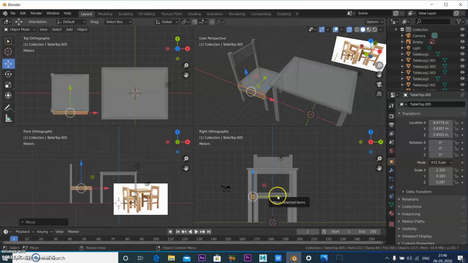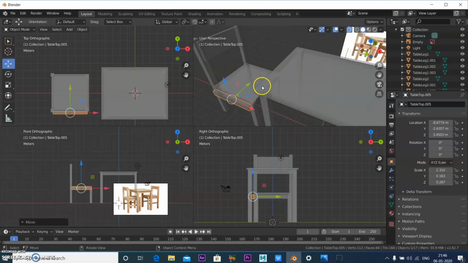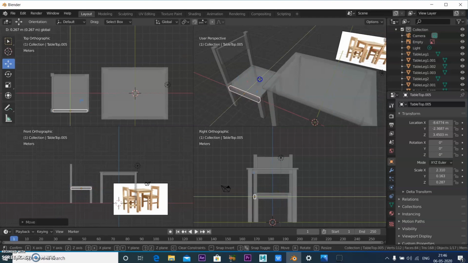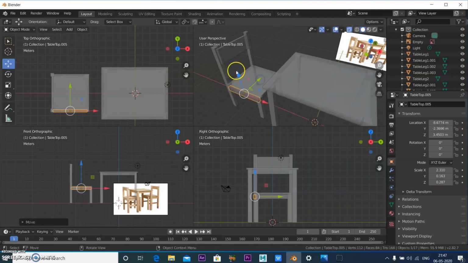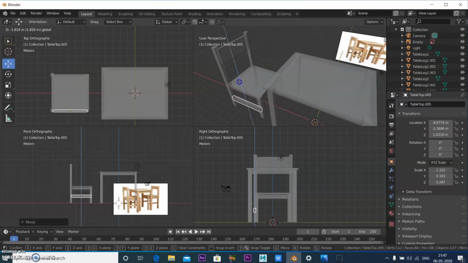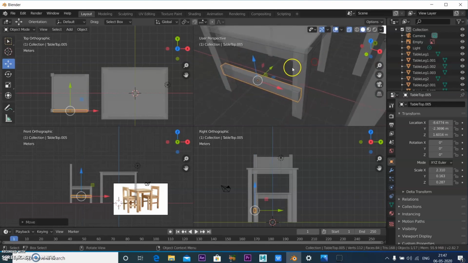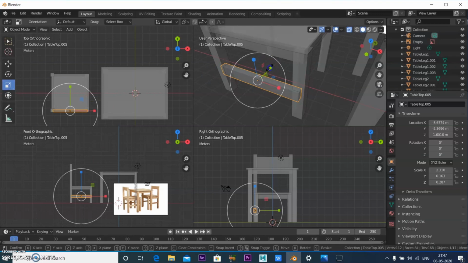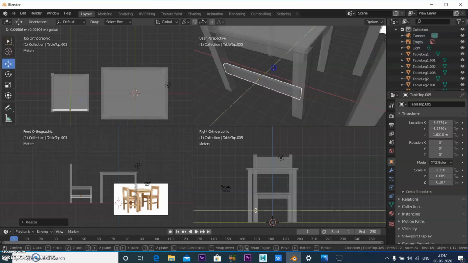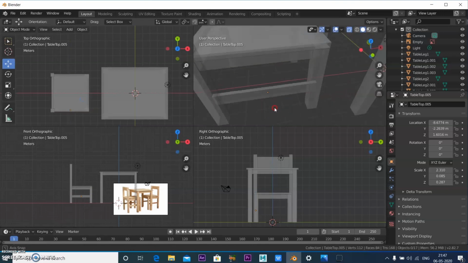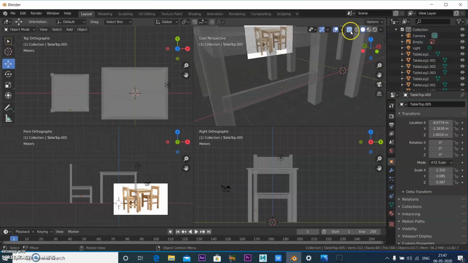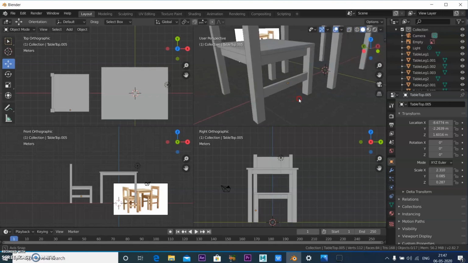Then go to different views. You have to keep going between these two different views. I come over here and bring this down. Okay, the scale I just reduce a bit. So let's reduce the scale of this, and then push it inside. So now it is fine. Yes, I come out of this X-ray. It is fine. Now I can check.